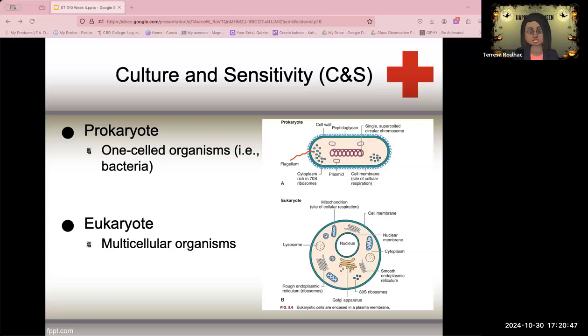The ribosomes, they want you to know, are smaller, 70S, than those in a eukaryote, which influences how certain antibiotics are going to be able to bind and slow down bacterial protein synthesis. For eukaryotes, you'll notice that there are multicellular organisms, including plants, us, animals, fungi, and protozoa. They have a very defined nucleus and membrane-bound organelles, allowing for more complex cellular processes. The size difference is going to be important in the design of antibiotics that specifically target bacterial cells without harming